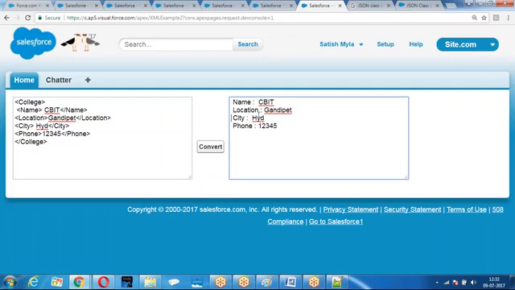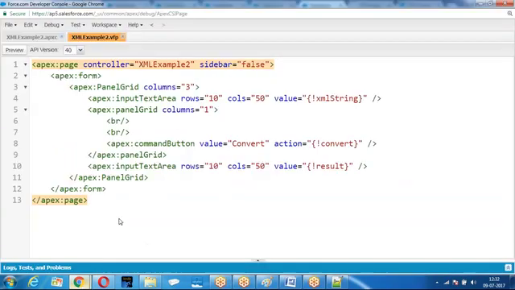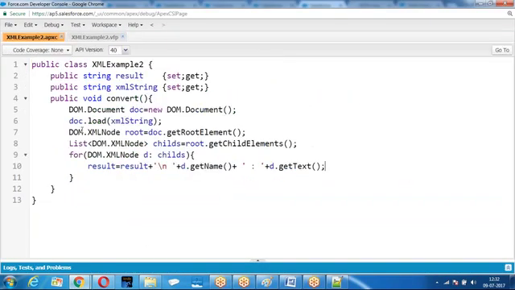Are you clear about this? So what I'm doing, I took the XML document, whatever the XML document you gave, upload it to DOM.document. Upload the XML string, then take the root element. For the root element, what all the child elements are there? Get all the child elements, take one by one element and convert it. Did you get my point? Take the root element, get the child elements, then every child element a name and a value. Get text, get name. Are you clear about this?